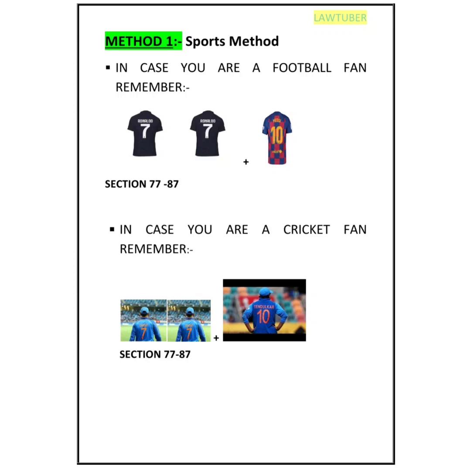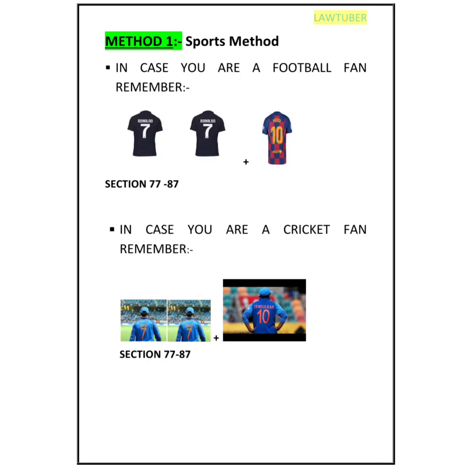So simple trick here. And in case you are a cricket fan, let us say you don't watch football, you like cricket. MS Dhoni's jersey number is 7. So 2 Dhoni jerseys, remember that, 7, 77, simple, opening section of charges. Now the other name we remember in cricket is Tendulkar, his jersey number is 10. Just add a 10 to 77, you get 87. That is the closing section of charges. So these two tricks, for football and cricket fans, are the two tricks to remember